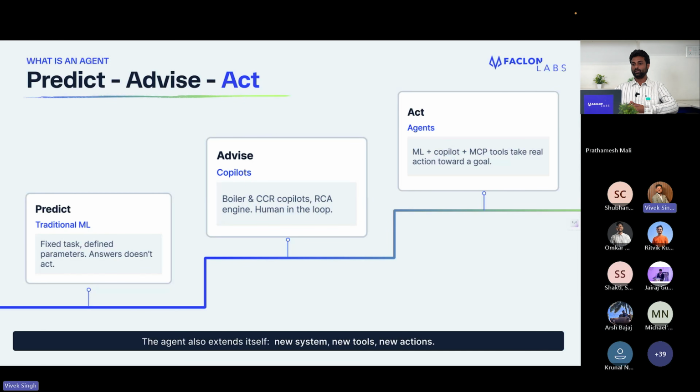True. So I hope this maybe gave all of you a clear perspective on the difference basically between traditional ML, co-pilots and agents. So Vivek, now let's jump to maybe real industrial applications that we have also been delivering to our clients. So maybe one of the applications that we have done for a consumer electronics goods manufacturer recently. This is around their testing, planning, and reliability solution improvement.